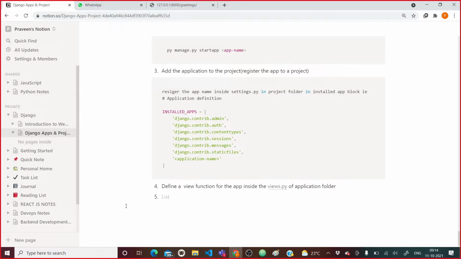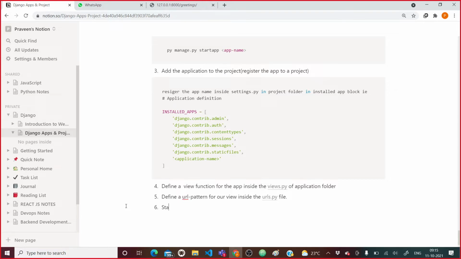So how are you going to define it? Simply, in that you need to create a function. After that, you need to define a url pattern for our view inside the urls.py file.